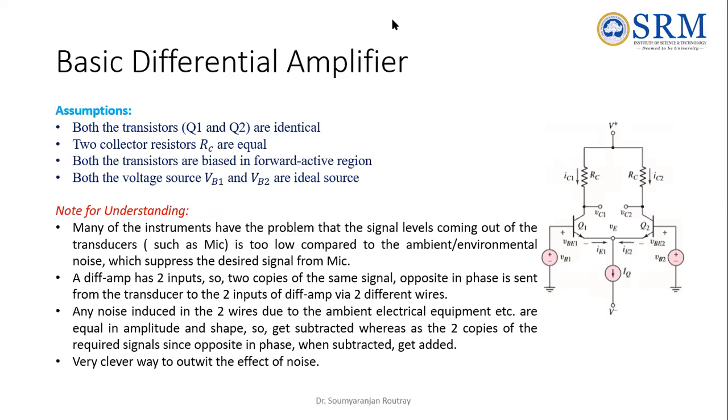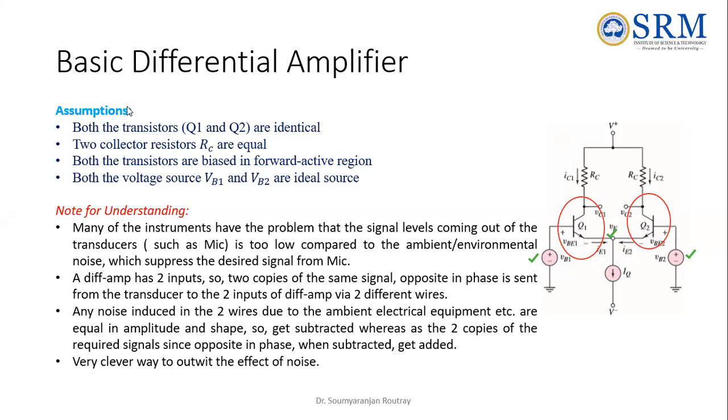Here you can see the circuit. One transistor is this one, another transistor is this one, and the emitters of both transistors are joined at this point. The collector is connected to VDD, and the output is collected from the collector point. The base is given to VB1 and VB2. We can say this VB1 and this VB2 are the inputs to the transistors, both the inputs.